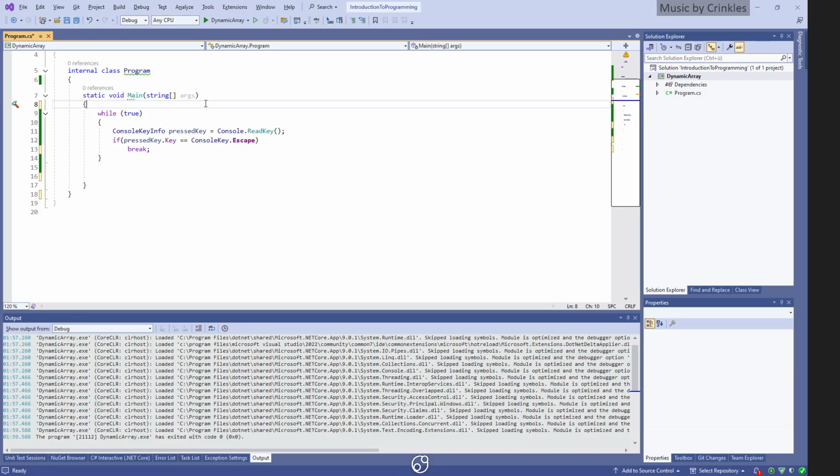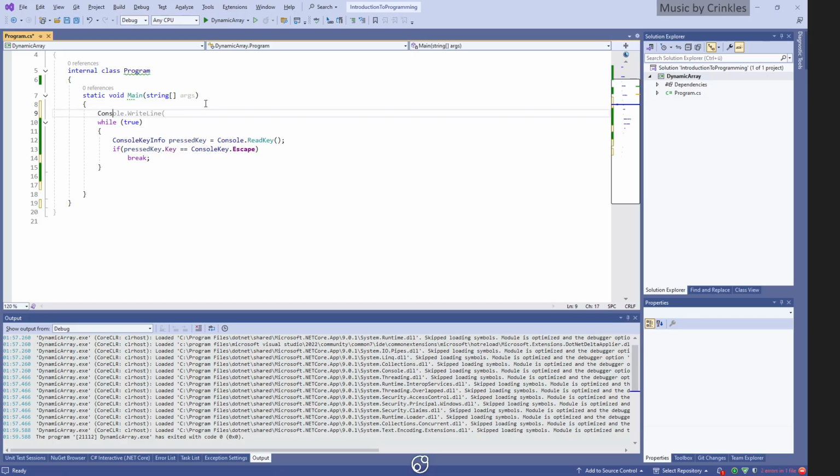If we were to try to use arrays, how could that work? Well, let's go back to that. ConsoleKeyInfo, make that an array. Press keys. And ConsoleKeyInfo, and let's just start with an array of 0 length. By the way, the green squiggly lines in here are because there's a better way to handle this, which is more efficient, so